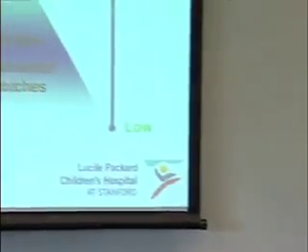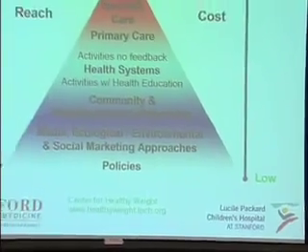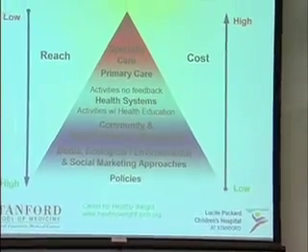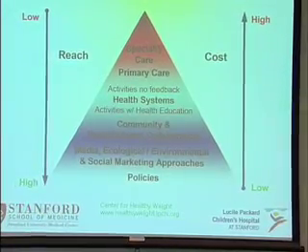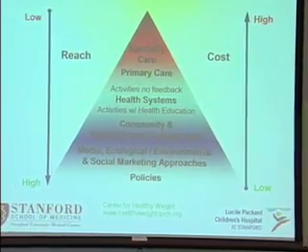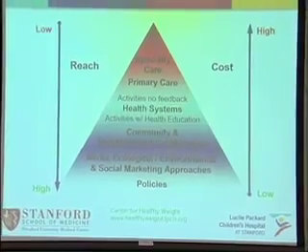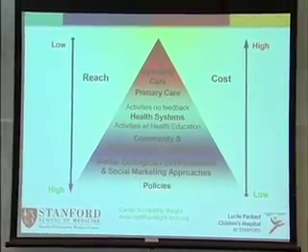So I thought we'd start with this quick schematic just to give an overview of the different levels of intervention. This pyramid depicts the number of patients that we are able to reach. On the left is the downward pointing arrow, the reach, from low to high, and cost associated per individual case impacted, upward going arrow here on the right. And in the middle are all the different levels at which we can impact obesity.